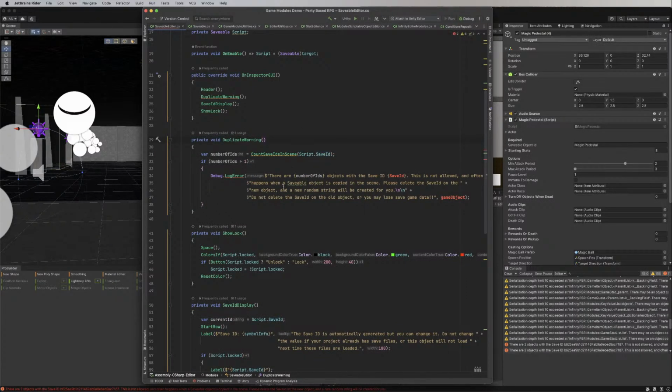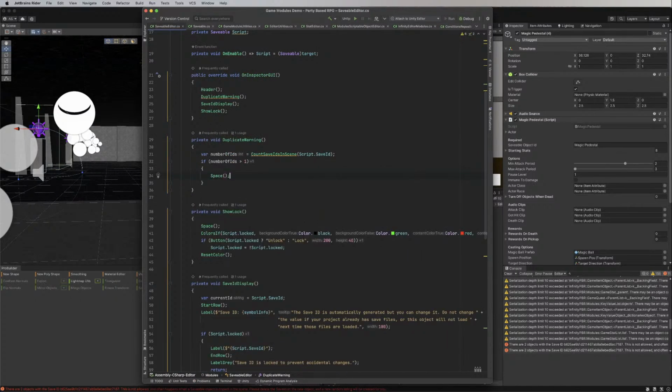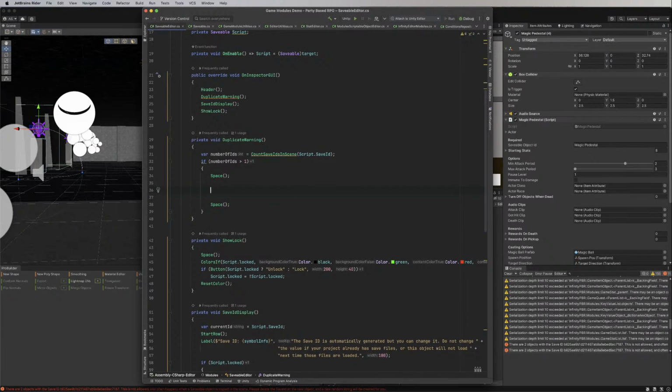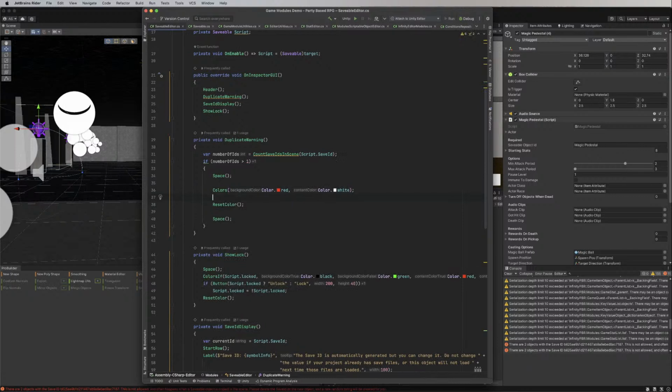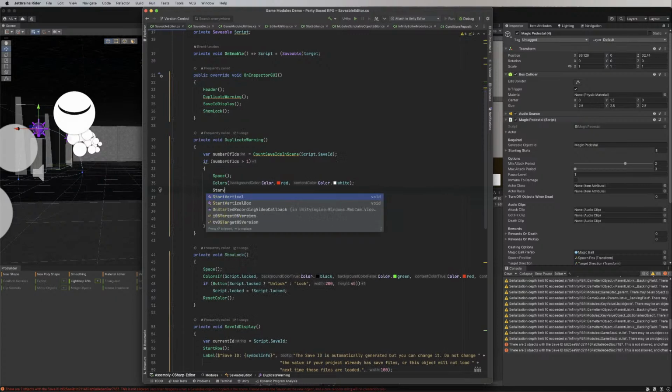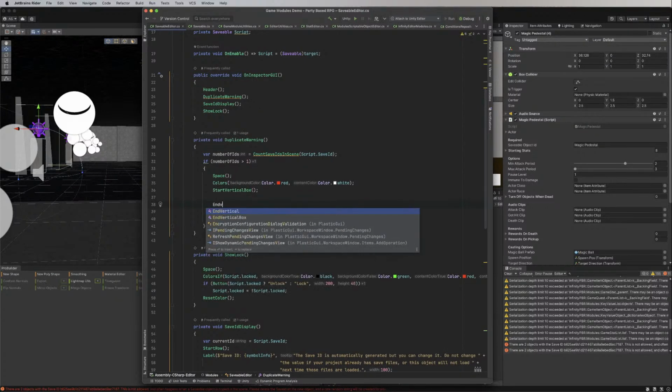Script.saveID, so cache the number of IDs. If it's over 1, then we will do space, and then a space here, and then background color is going to be, we'll just say colors. Actually, we want to change both of them. So colors is going to be color.red for the background and color.white for the foreground. I might make that black. We'll reset colors at the end. Then in the middle here, we're going to do a start vertical box and an end vertical box, and then we're going to do a label,